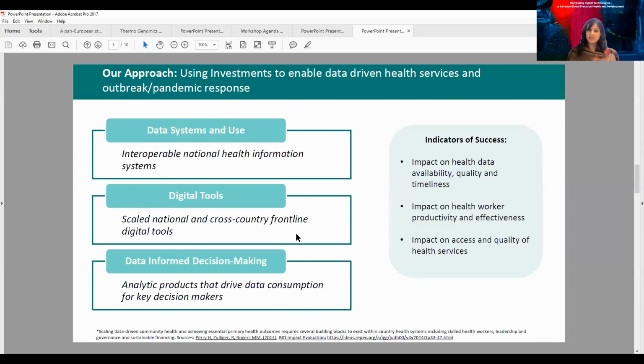And finally, what is the processing that's needed? We have the data, it's interoperable, yet to make it actionable, it needs to be processed and to address critical use cases and challenges that decision makers need to target, whether it is resource planning, whether it is response to outbreaks and disease outbreaks, or understanding the rationale for a surge in mortality and morbidity in a specific community, and what we need to do to drive those. So that is where our approach leaned into.